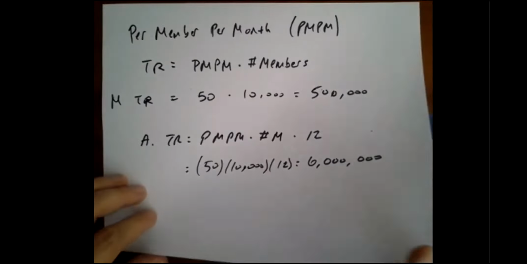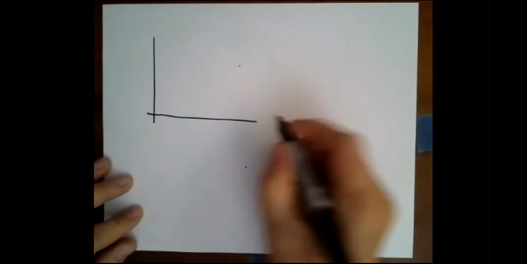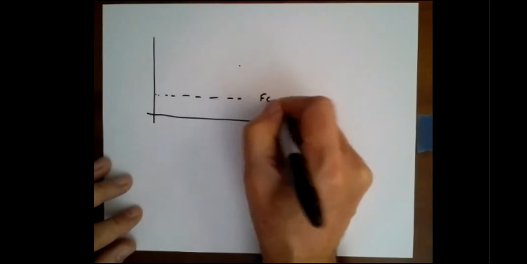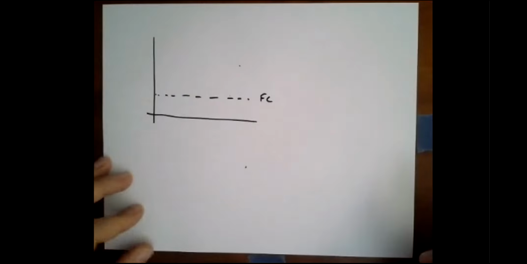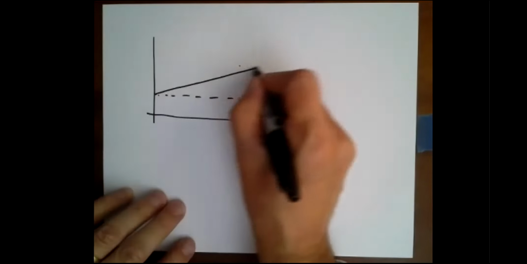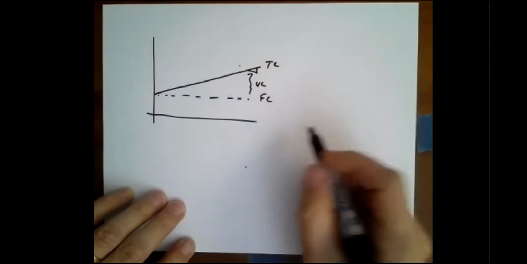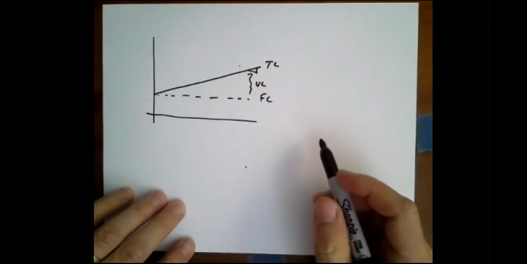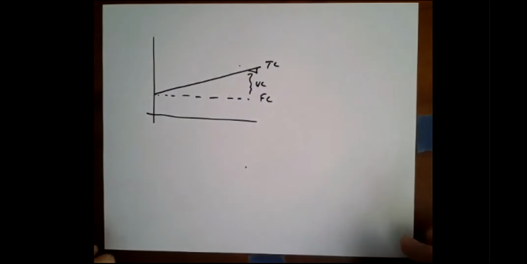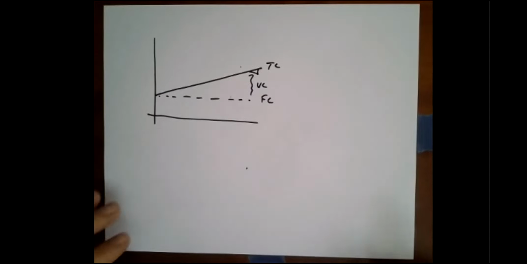Now, let's imagine it's a clinic, right? And that clinic has some amount of fixed cost. That would be the secretary salaries and the rent and all that kind of stuff. And then it has some amount of variable cost, at some rate, which is added onto the fixed cost to give us our total cost. So the cost side of managing under capitation looks exactly the same as under fee-for-service. However,